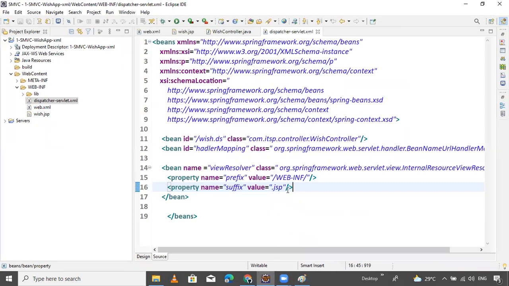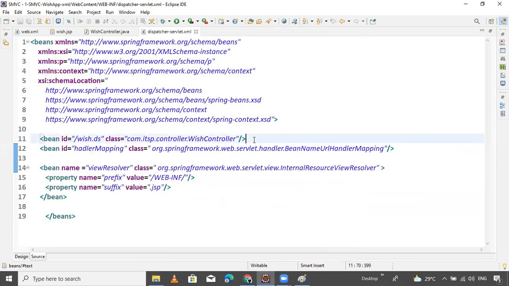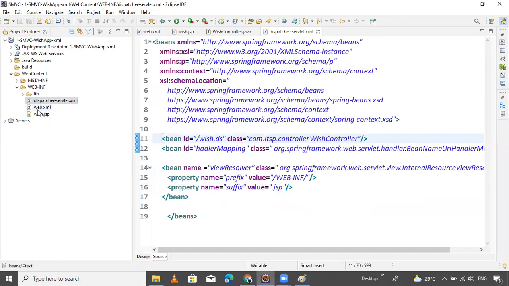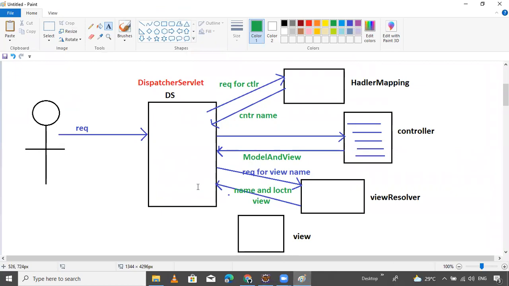Here, guys, after returning to the dispatcher servlet, inside the web.xml file, the dispatcher servlet takes the response and prepares the view part.